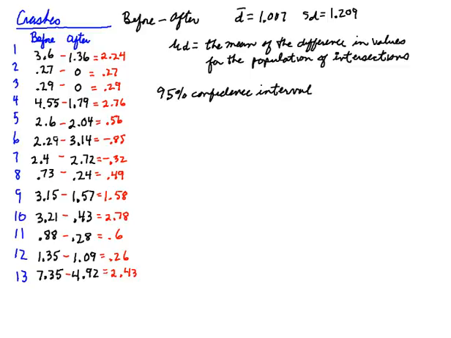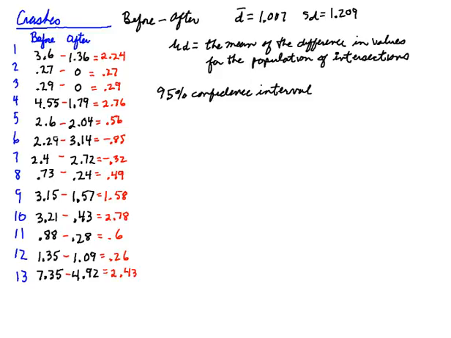And I've already matched the sample data, got a sample average on those differences of 1.007, standard deviation of 1.209, and my population mean of the difference in the values for the population of intersections is mu sub d. And I'm trying to get a 95% confidence interval of where that value would fall based on my sample average